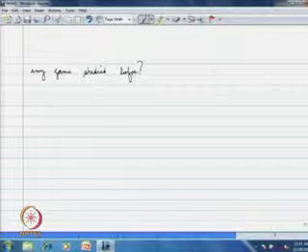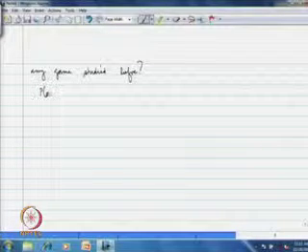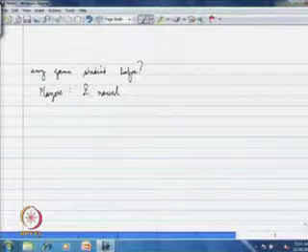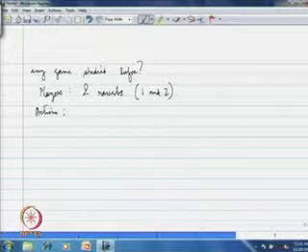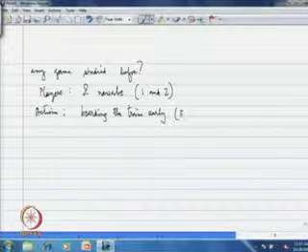Okay, so what we have here is two Nawabs. The players are two Nawabs, let us say player 1 and player 2. Actions: what are they doing here? Either boarding the train early, which we shall call E, or late, which we shall call L. So, there are two actions.